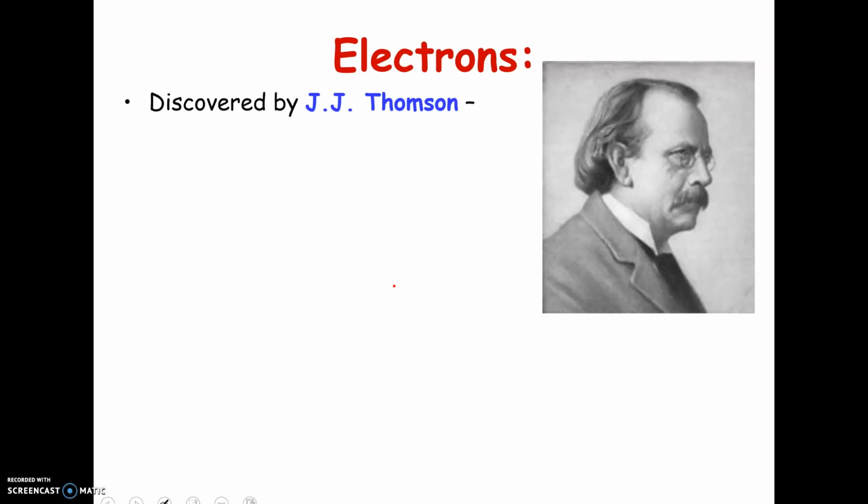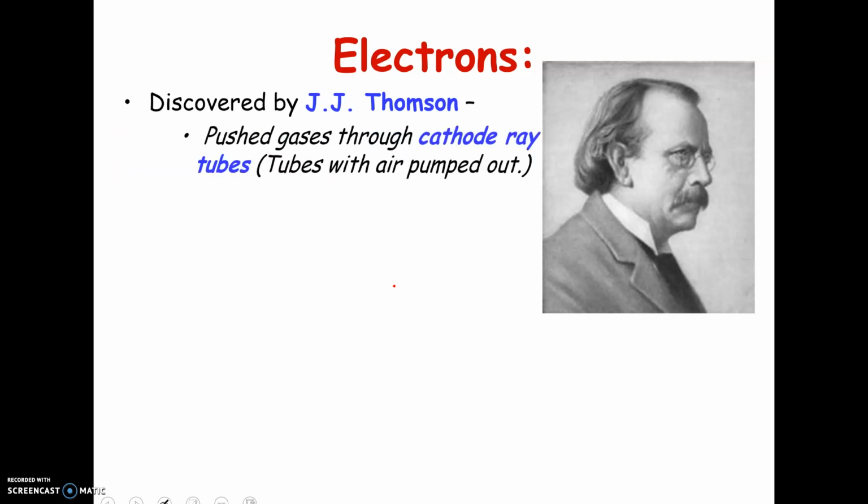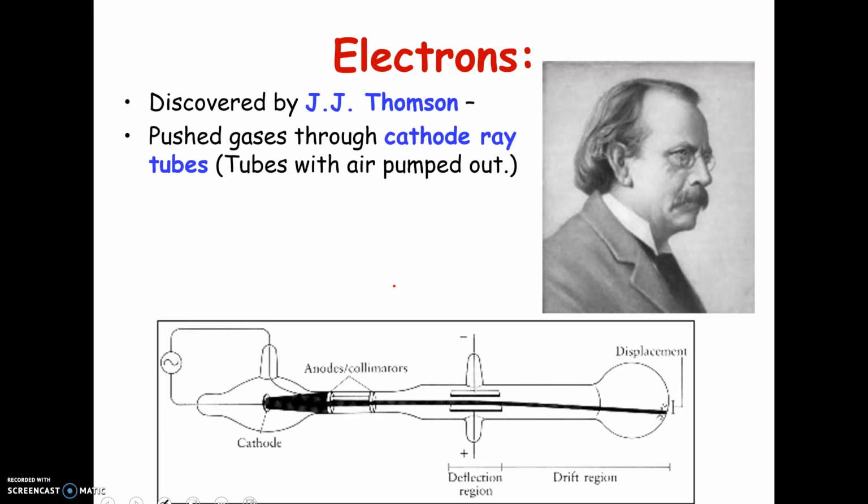You are responsible for having just a general understanding of these famous people, what their experiment was, and what the outcome was. You do not have to know specific details. Some of the experiments are rather complicated, but you should know in general who did the experiment, what the general findings were. So J.J. Thomson, he is actually credited with discovering the electron. He used something called cathode ray tubes, and I attached to my playlist some videos showing how these experiments worked. I'm not going to go through huge amounts of detail here, but